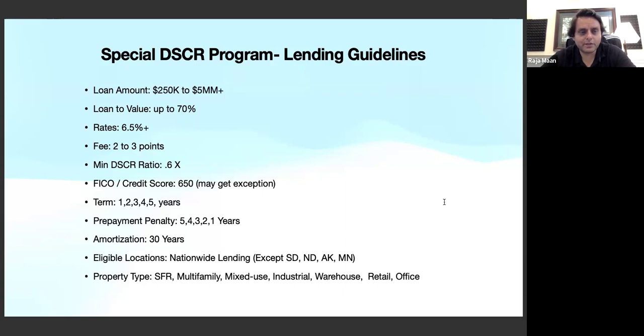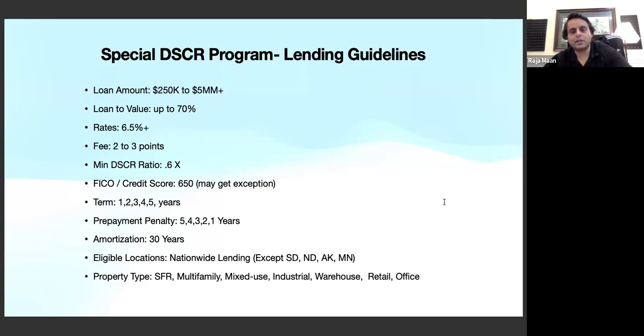Points 2 to 3 points. Minimum DSCR ratio is 0.6. Again, it can be 0. Credit score, FICO is 650, may get an extension again if the LTV is very low. Term 1, 2, 3, 4, 5. It's full 30 years and fully amortized, but you can get 1, 2, 3, 4, 5 year terms, and prepayment penalty is